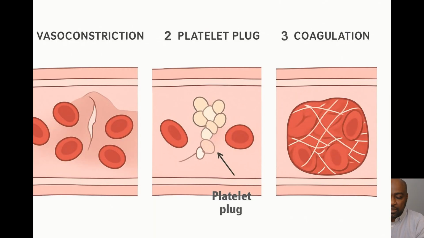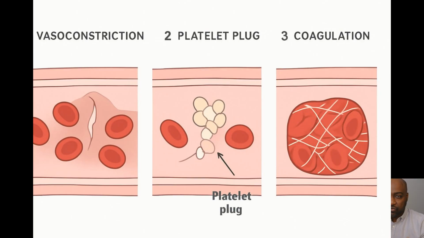The first step you can see in the image is vasoconstriction. The blood vessel, which is made of muscle, is going to start to constrict and try to plug that leak, or to try to make that area smaller so they can get blood components to rush there. And then